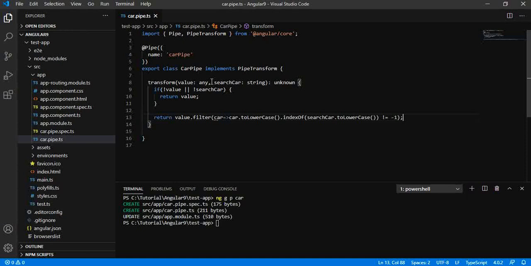So we will have a search string that will be applied to the array of car names, and the matching strings will be returned by this particular filter.